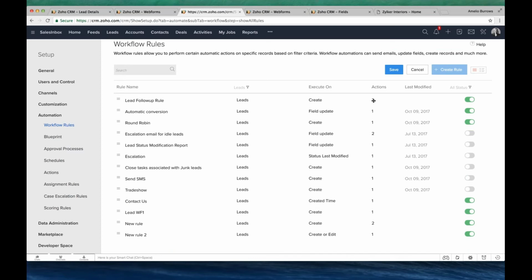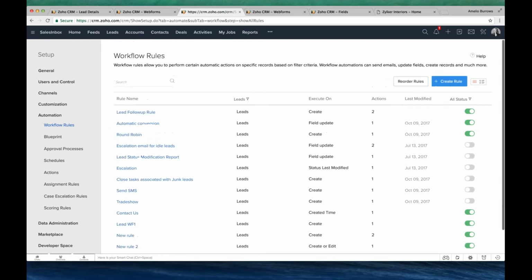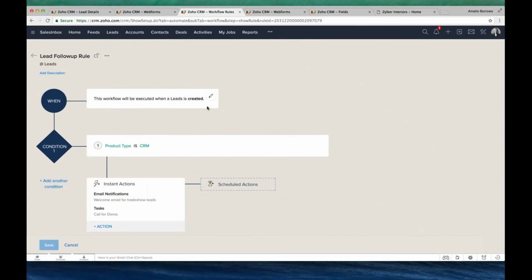So there are two actions to it. It executes based upon the creation. That's it. So the workflow will get triggered when the product type is CRM.